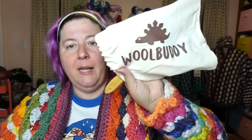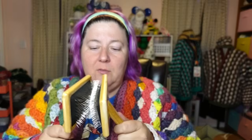And look what I bought. I bought a Wool Buddy. These are the tiniest little paddles ever. So that I can process the buffalo, which is still right there in a bag. But I wanna comb it out and get a lot of the crap out of it. These are not high quality. I think they were only like $15. One day, if I decide to process wool further, I will invest and get myself some really big paddles. Hopefully from the